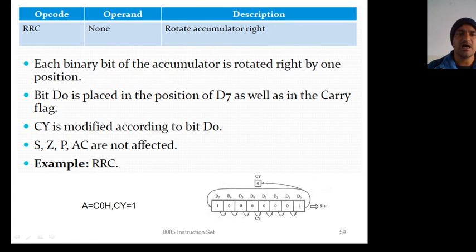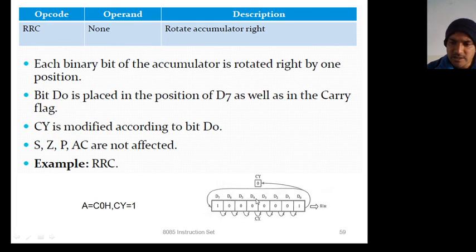Next, RRC. It is the reverse of RLC, and it rotates the accumulator right without carry. Each binary bit of the accumulator is rotated right by one position. Bit D0 is placed in the position of D7 as well as in the carry flag. This bit is shifted here, this is shifted here, and so on, because it is without carry.